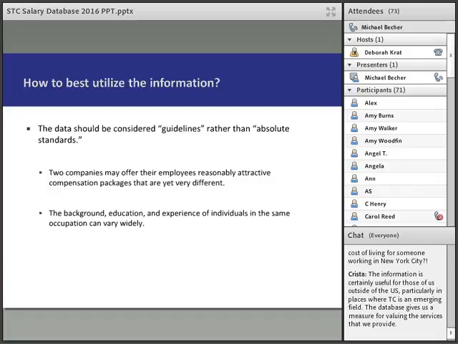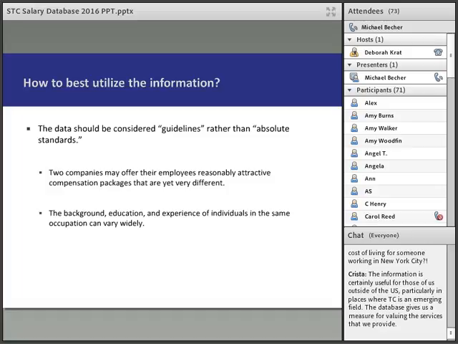on the surface, that seems like they're in a better position. But perhaps when you look at things like retirement plans and healthcare packages and any sort of continuing education help or things of that nature, these other benefits that are available, those two might not be that far apart. And in fact, the person making less on salary may actually have a better compensation package than the person making more. So if the person making more salary, that's all they get, they have no other benefits, and the person making less salary has all these great top-tier benefits, that person overall might be doing better than the person with a higher salary.